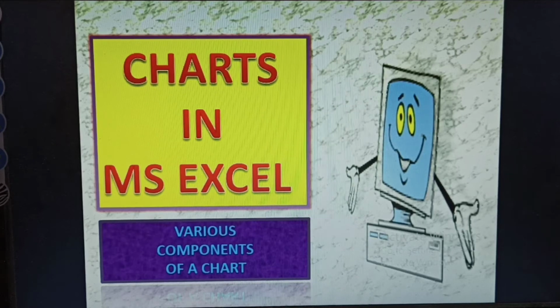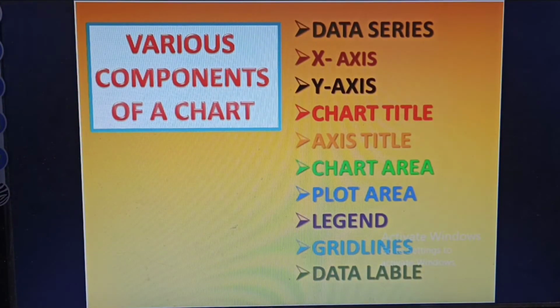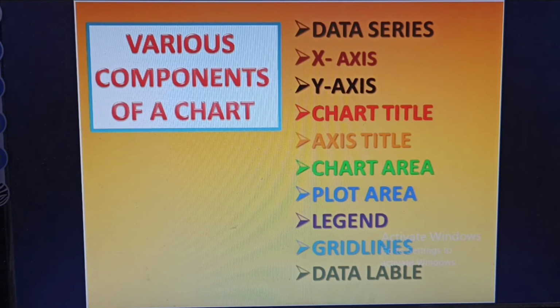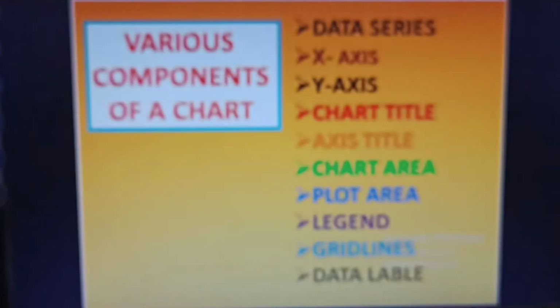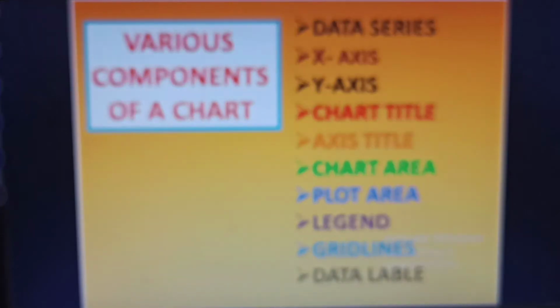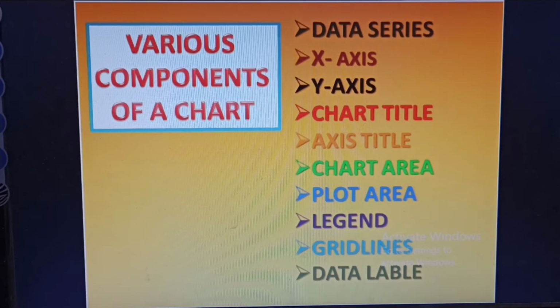Hi, yes. Next topic, charts in MS Excel and various components of a chart. First, what is a chart?